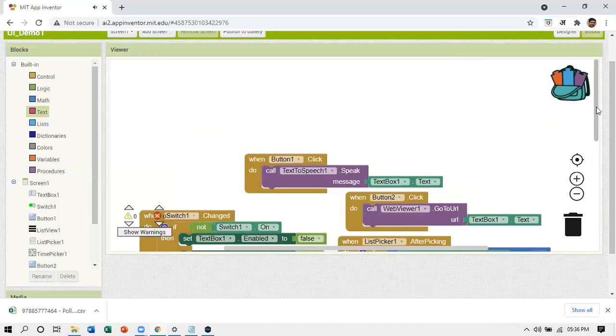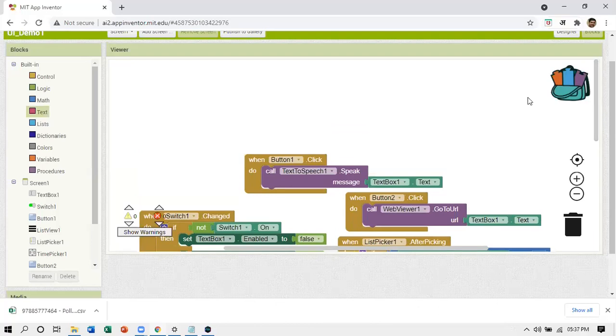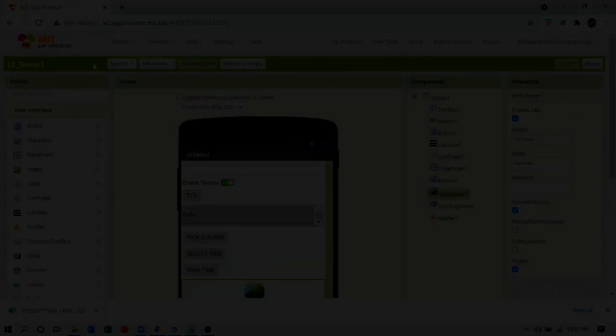So this is how events work. Now the basic fundamental is that if you know which event to handle and if you know which action block has to be used to handle that event and what property has to be manipulated, then you can write the program. Rest depends on the logic you created. So let us quickly look at some samples that will give you a better idea.